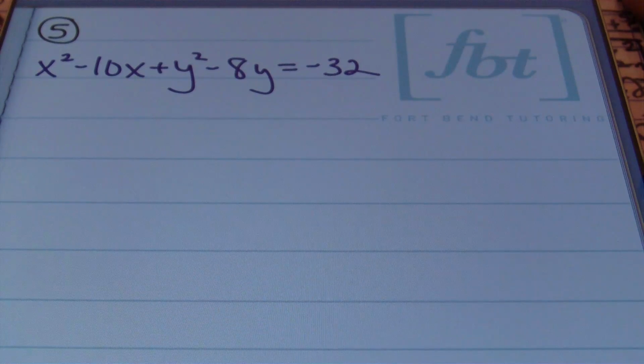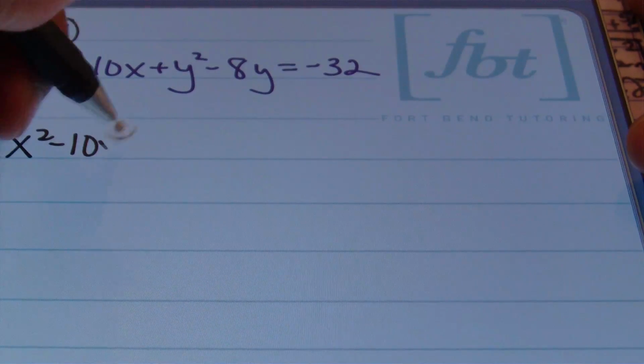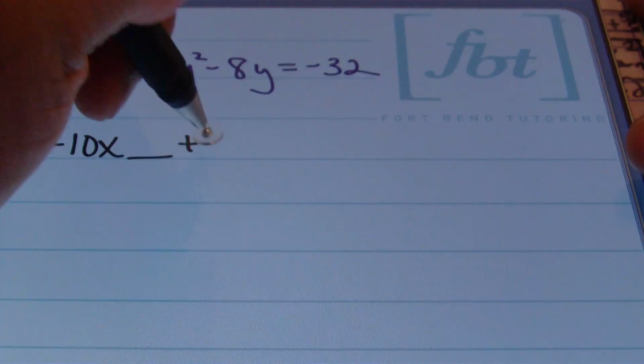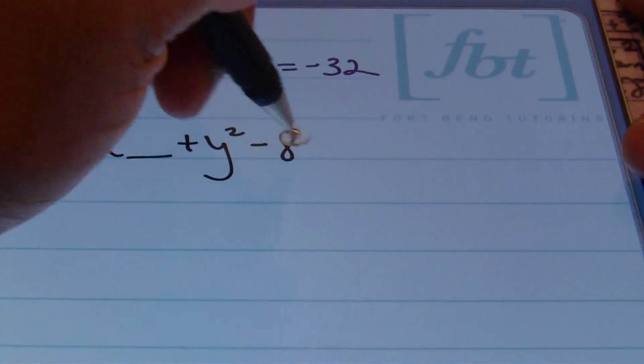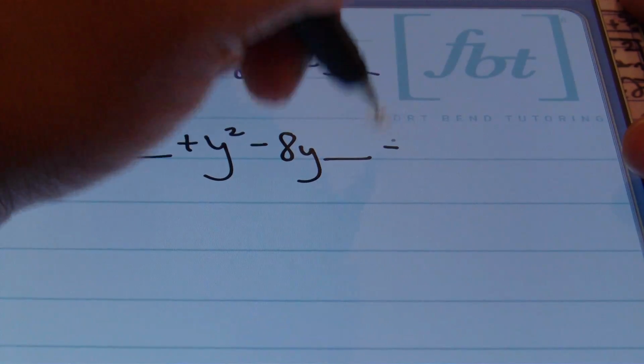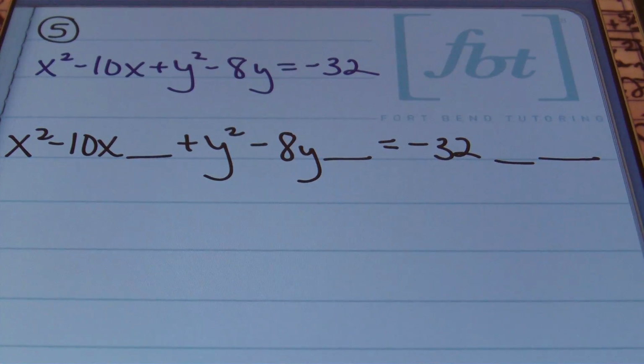We're going to go ahead and complete the square on our x terms and our y terms, all right? But let me go ahead and get my blanks in there because I like to put my blanks in my problem. So I'll rewrite this as x squared minus 10x blank plus y squared minus 8y blank equals negative 32 blank blank. Just like that. In order to complete